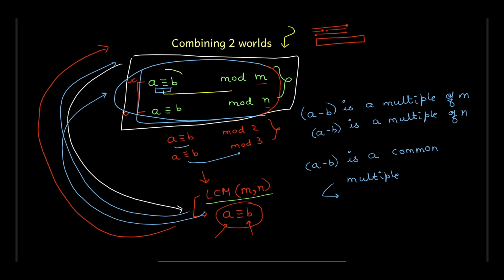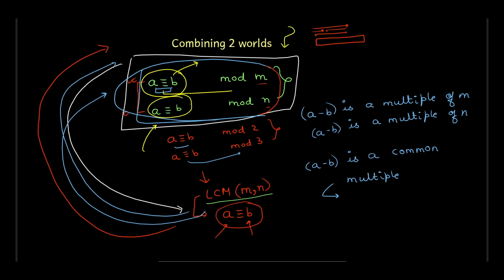So I don't have to maintain two equivalence classes, or two congruence relations, anymore. I can just say one statement and be done with it. And that statement is that A and B should be congruent to each other in the world of LCM. In fact, you can even extend this analogy further, because you can simply apply induction over here to say that